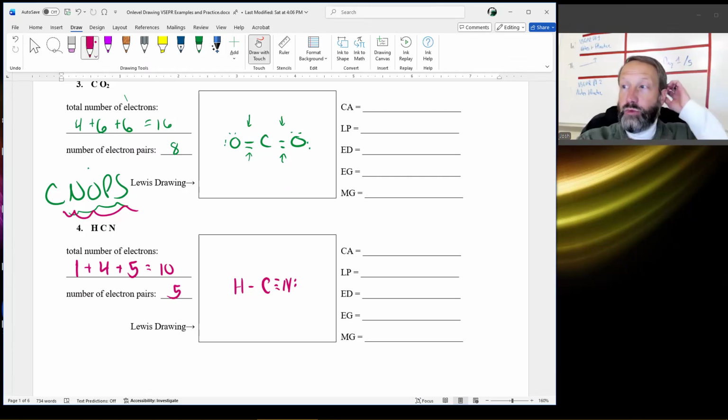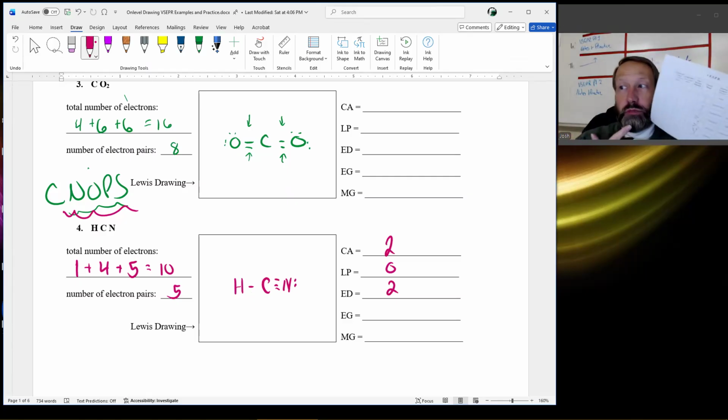Now let's find what it would be called three-dimensionally. My connected atoms is 2, the hydrogen and the nitrogen. It's 2, that easy. My lone pairs on the center atom, on the carbon, is 0. So 2 plus 0 is 2. It's that easy. Don't mess it up. Don't make it more complicated. Find a 2, 0, 2 combination. You'll find only one row. It is called a linear